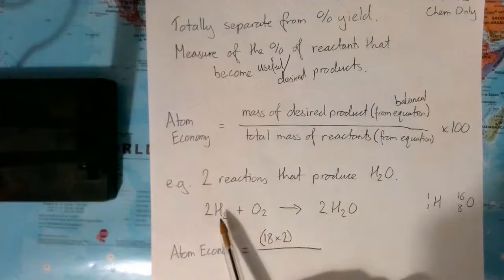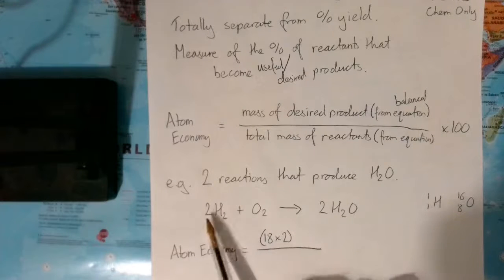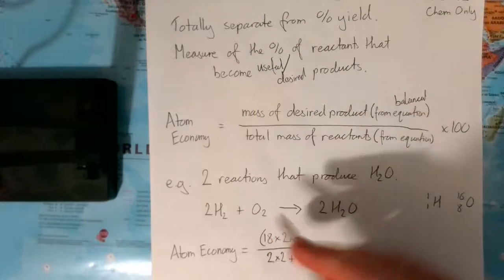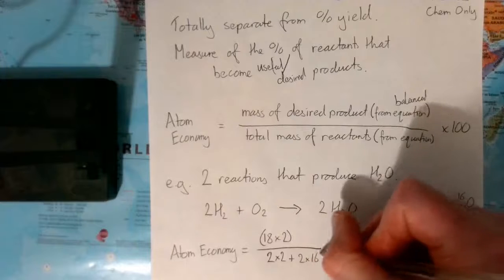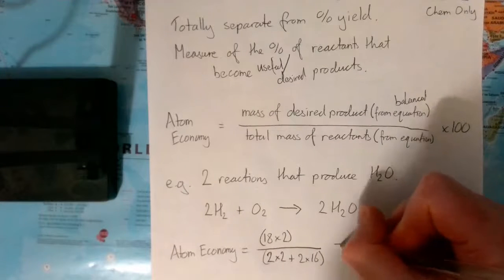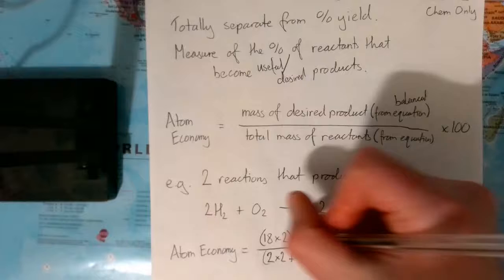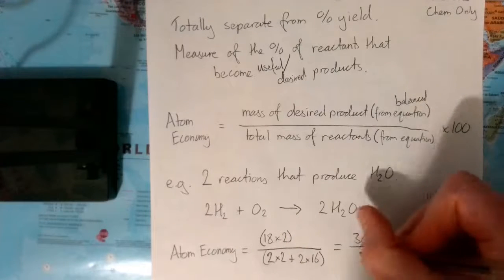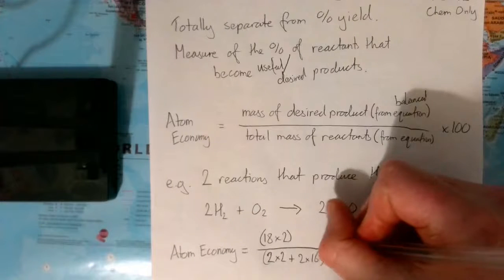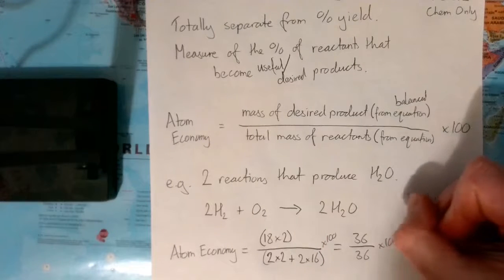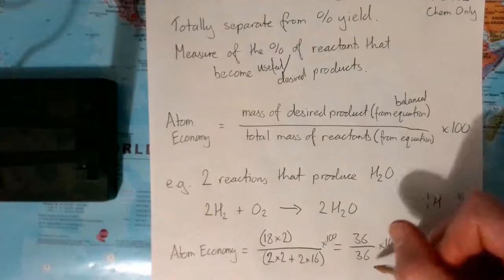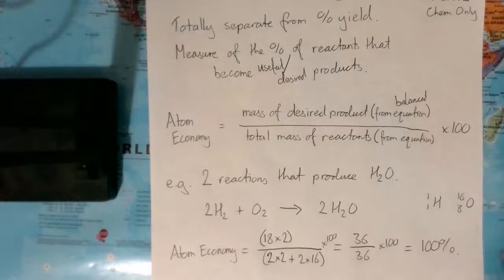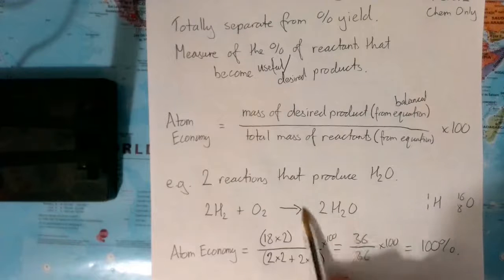total mass of the reactants. Each hydrogen is 2, but there's 2 of them, so it's 2 times 2 plus 2 times 16. Don't know why I'm putting brackets there, we're just going to go with this. 2 times 18 is 36, 4 plus 32 is 36, times by 100, well 36 divided by 36 is 1, times 100 is 100%, because there's only one product, there